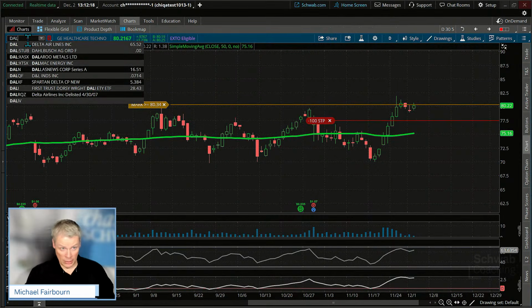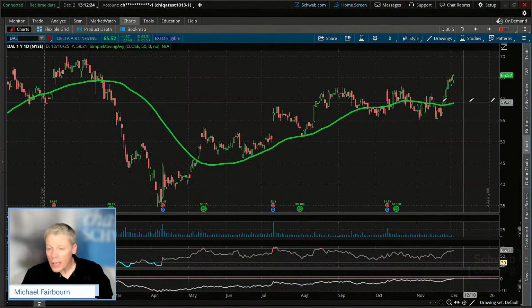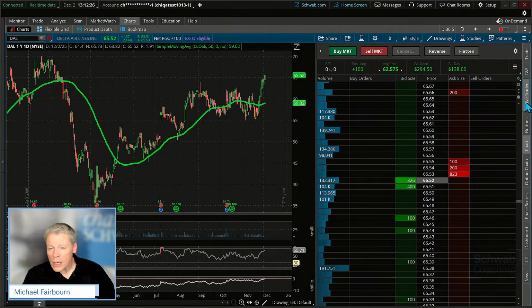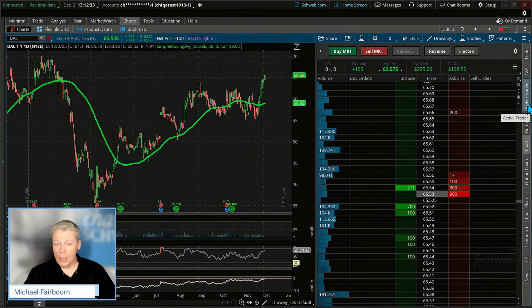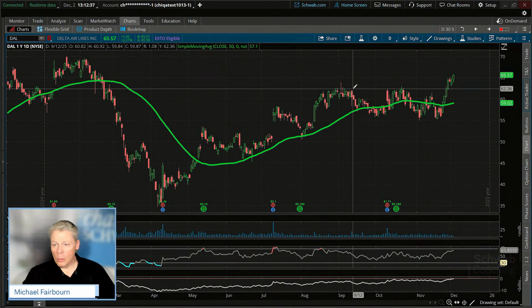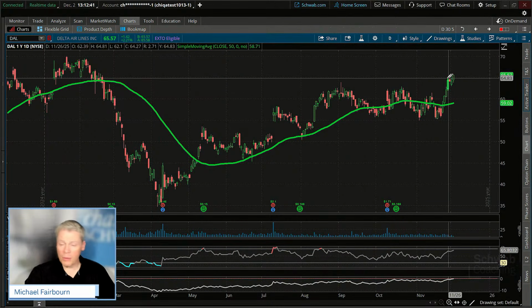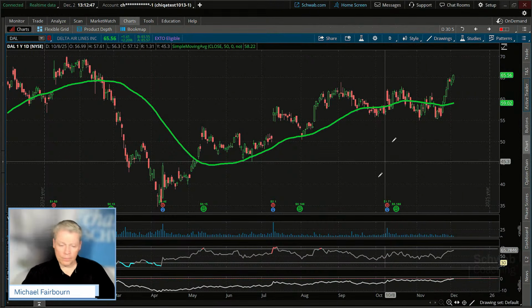All right, so here's Delta Airlines. I'm going to go ahead and put in Delta. This was the other one we looked at. And Delta too, and I should be checking these over here as we go through, but Delta, yeah, so just under $300 in terms of our paper money, just 100 shares. That was on the initial move to the upside here, little breakout. But you can see even on that breakout, yeah, the breakout trade, roughly about 3 points above that on 100 shares. So that equates pretty well. But there you go.